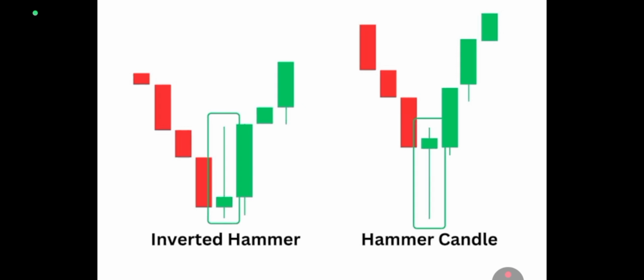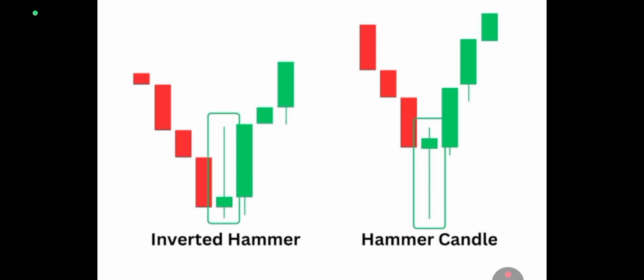So anytime you see a candle like this, you need to watch the market very well. If you see a hammer candle like this and the next candle that appears is a large green candle, it means that the market is actually going to go up. What I normally do in my own case is I wait for two candlesticks to appear, two bullish candlesticks actually, before I enter the